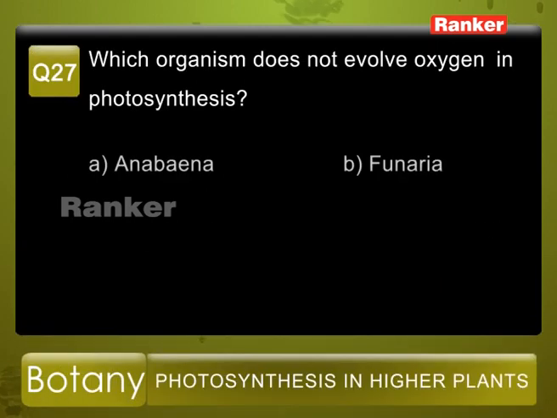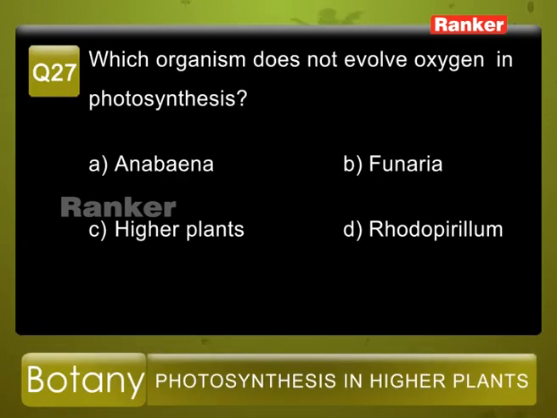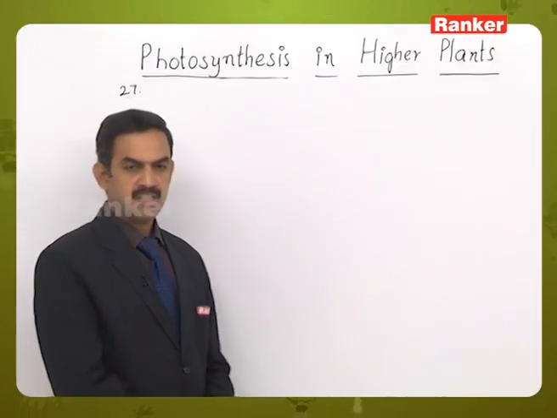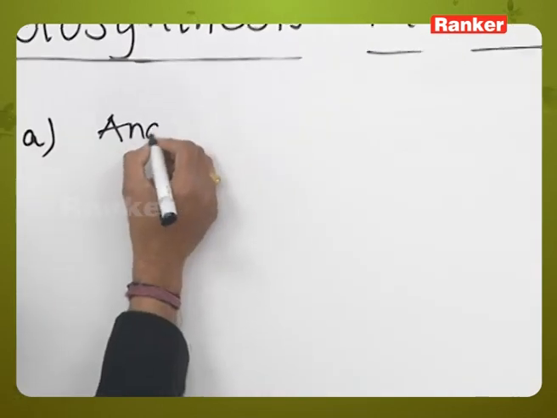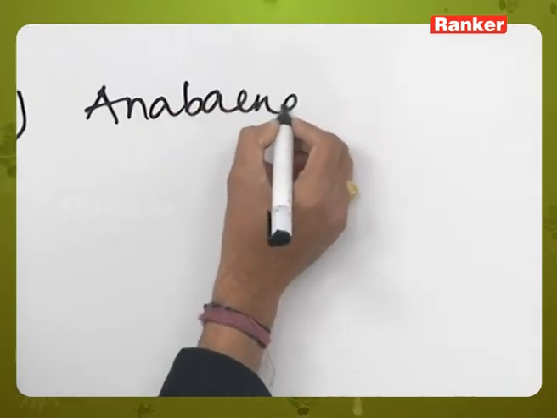Question number 27. Which organism does not evolve oxygen in photosynthesis? The given options are A. Anabaena, B. Funaria, C. Higher plants, and D. Rhodospirillum. So here let's start with the first one, that is A. Anabaena. So Anabaena is an